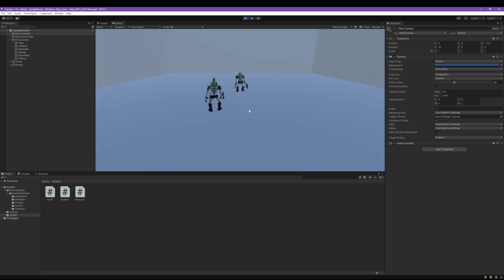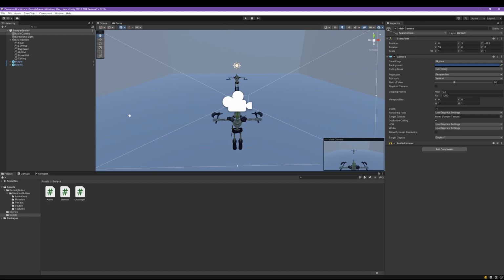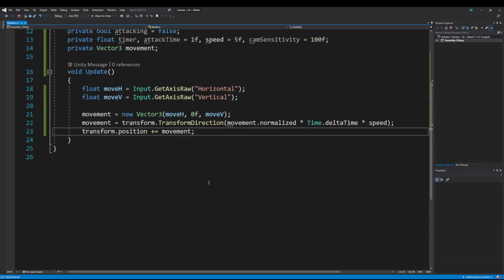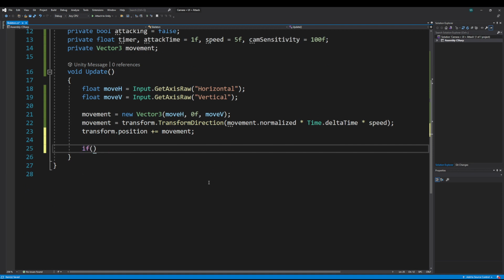And so now you can see that does work. There's no animation yet, we'll get to that in a second. But the actual base movement does work at least. So to get the animation working, we can do an if statement to say that if the value of either